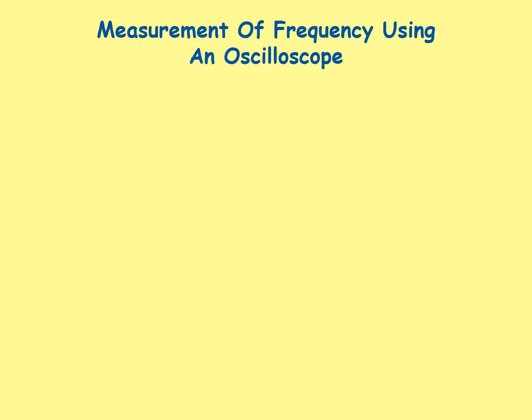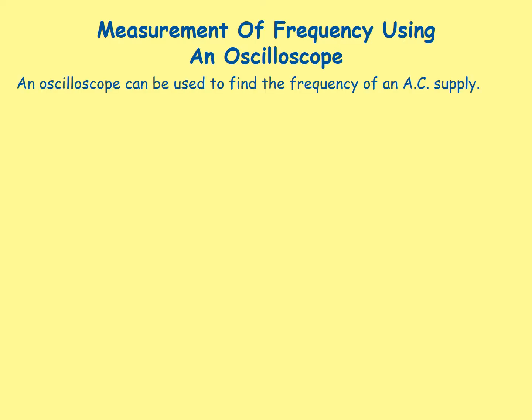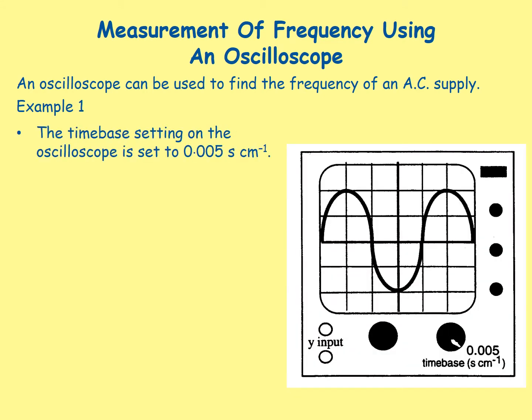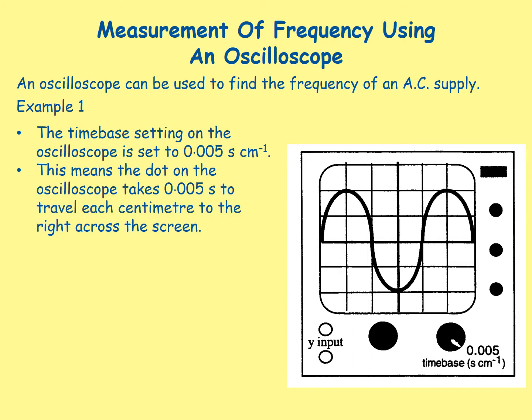Measurement of frequency using an oscilloscope. An oscilloscope can be used to find the frequency of an AC supply. For example, the time base setting on this oscilloscope is set to 0.005 seconds per centimetre. This means that the dot on the oscilloscope takes 0.005 seconds to travel each centimetre to the right across the